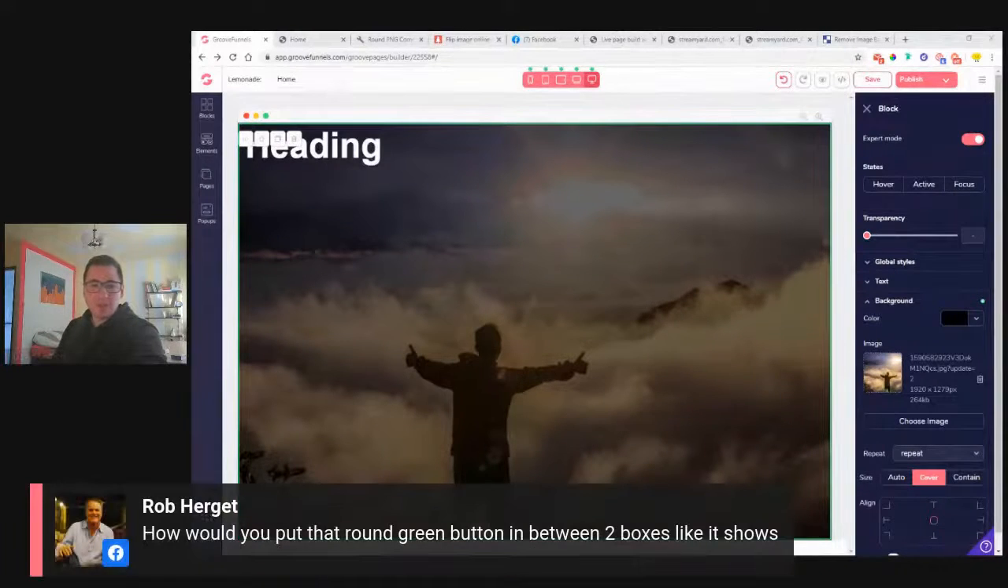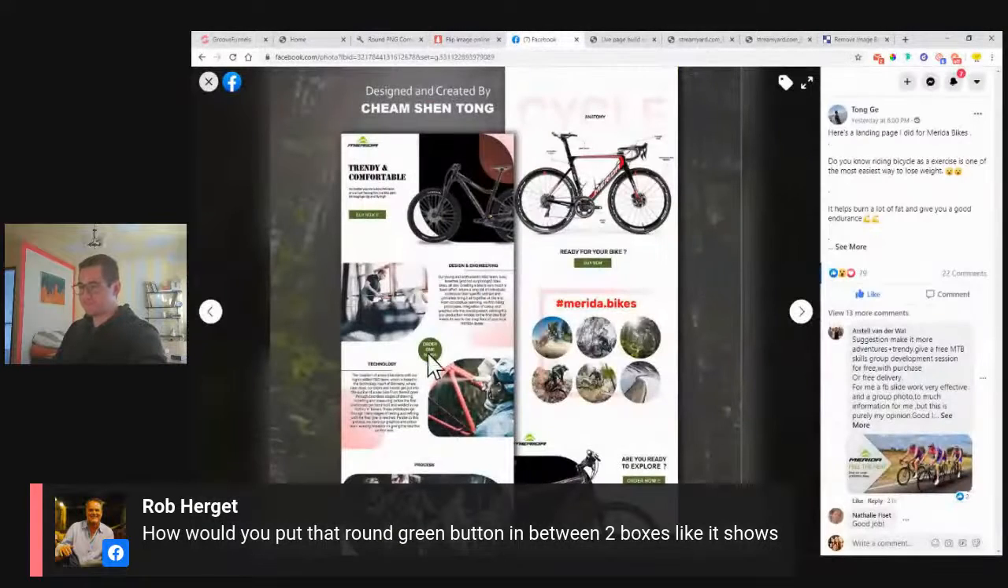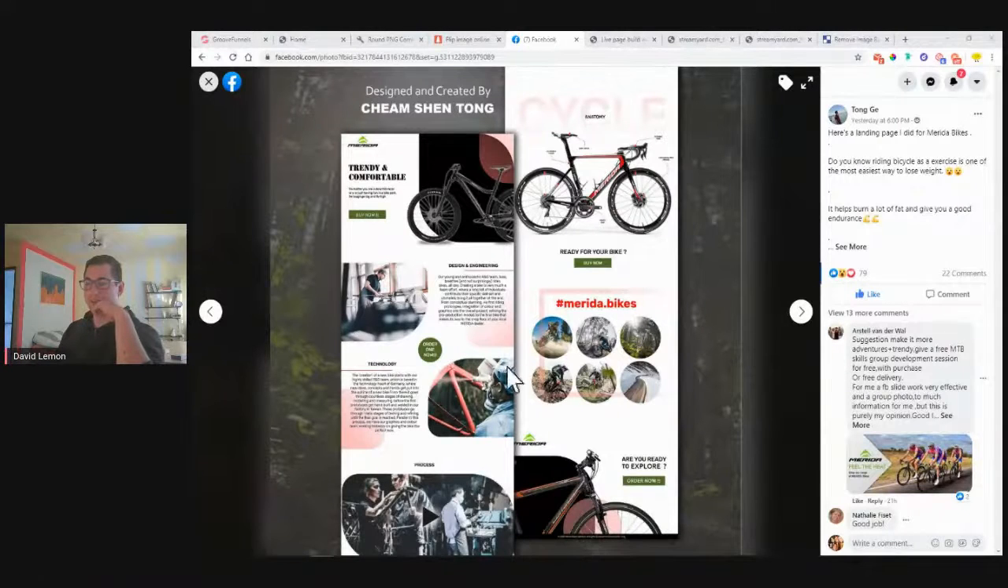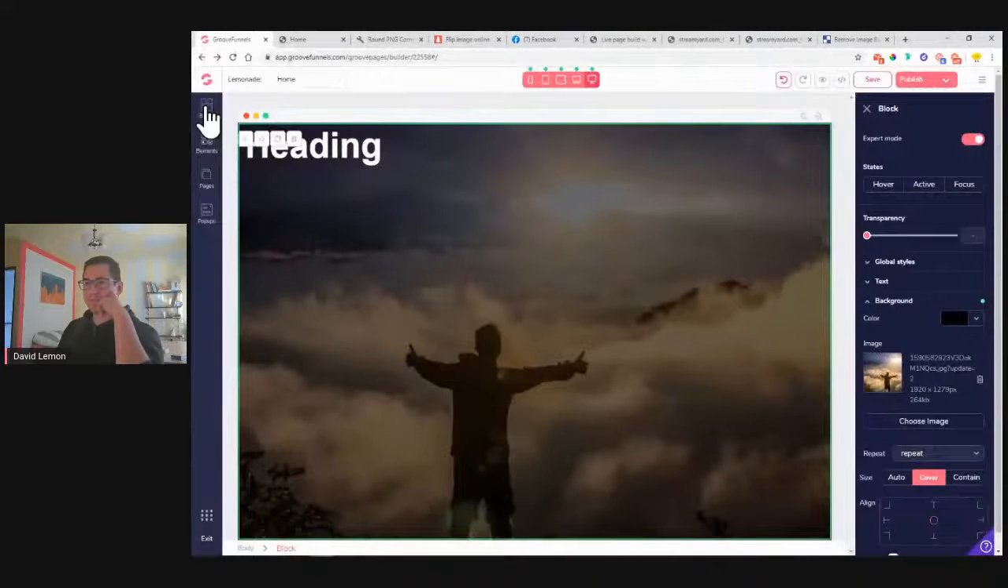Let's see. He had another question. How would you put that round green button in between two boxes like it shows? Yeah, this is an interesting question. What I think he did here is he made a very thin block. I'm not quite sure. This is what I was playing with for quite a while. I decided I will not be recreating it here in this video because I could look like a fool. But what I think that he created,